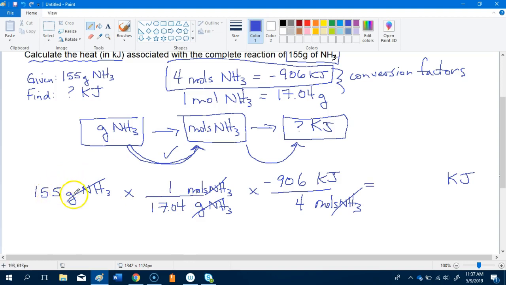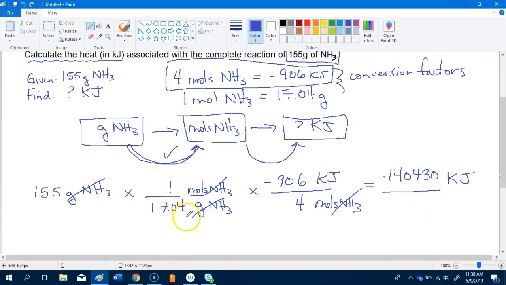And to do that, I'm going to do the numerators first. I'm going to multiply across the top. So I have 155 grams times 1 mole times negative 906. That's going to give me the number negative 140,430 kilojoules